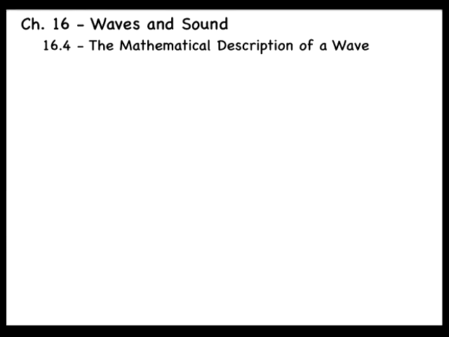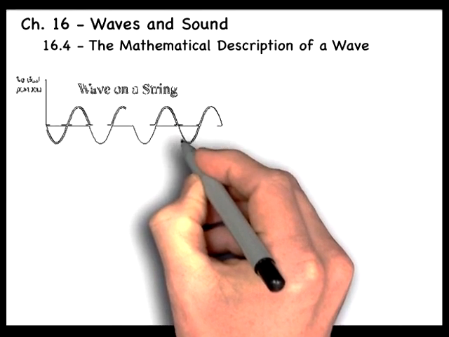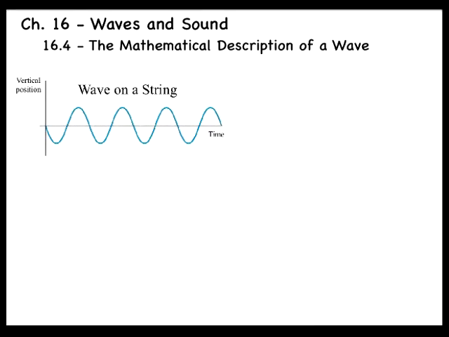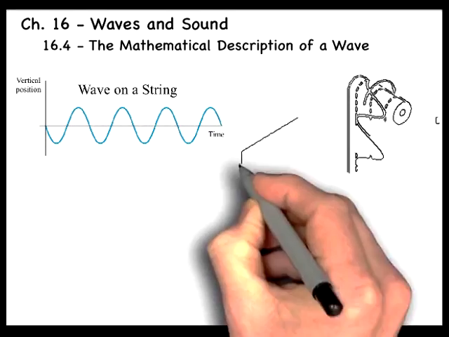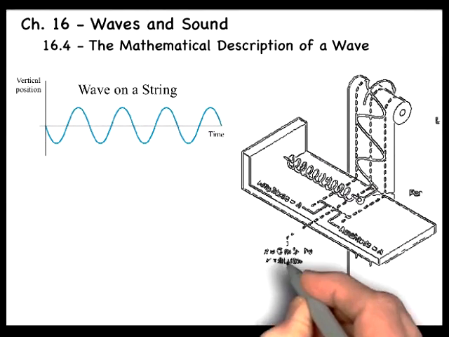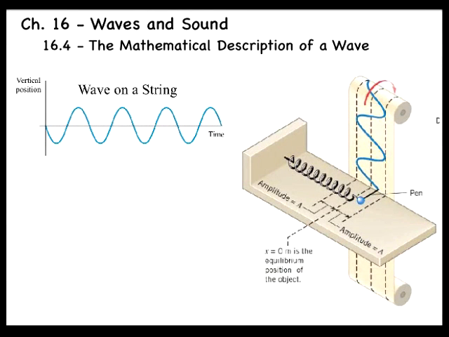For periodic waves that result from simple harmonic motion of the source, the expression for the displacement involves a sine or a cosine, a fact that is not surprising. After all, harmonic motion is described using sinusoidal equations, and the graphs for a wave on a string look a lot like a plot of displacement versus time for an object oscillating on a spring. Our approach will be to present the expression for the displacement and then show graphically that it gives a correct